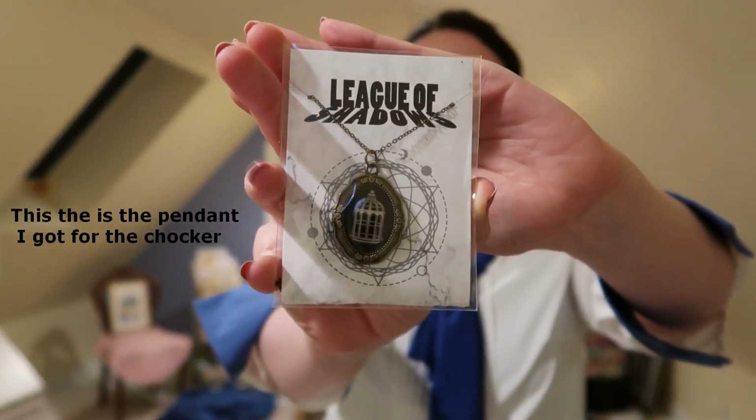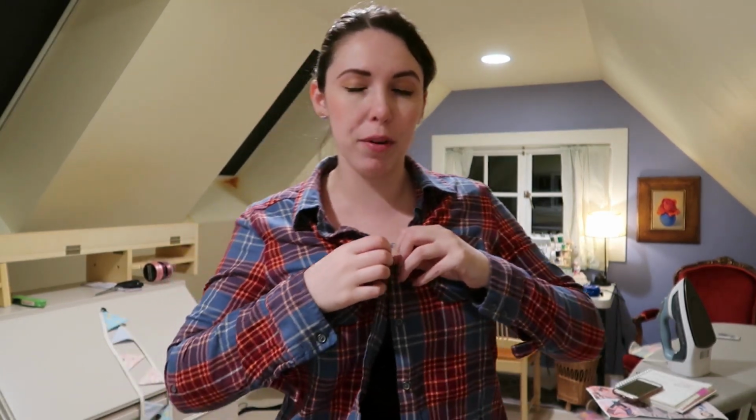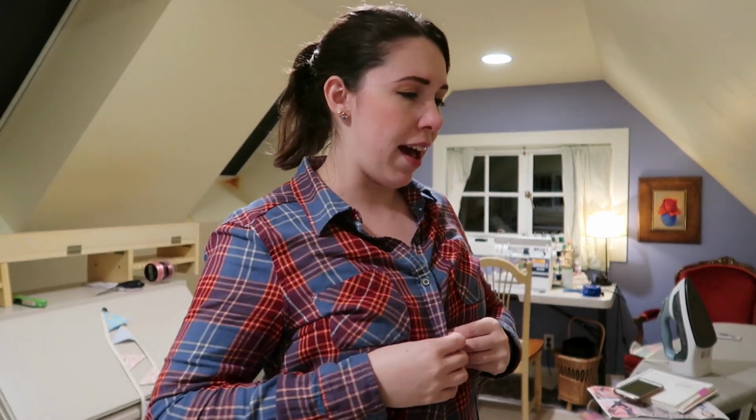Now it's time to make that choker that she wears. What I'm going to do is take some lace and then sew it on to a background piece of blue fabric. I would have liked to use a ribbon so that it was shiny on the back, but